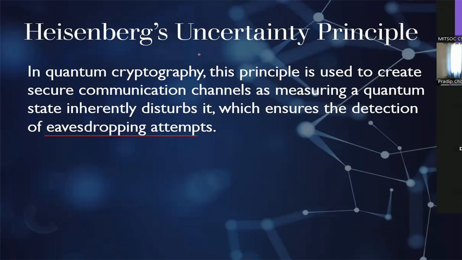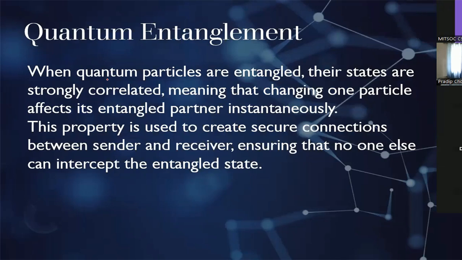Most frequently, this particular uncertainty principle we use for detecting the eavesdropping. Second one is quantum entanglement. When quantum particles are entangled, and this particular stuff you are aware of from the last sessions,